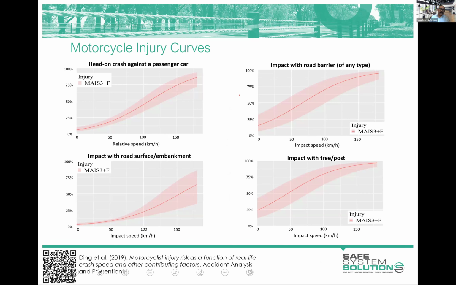Now, my colleague Johan Strandroth over in Sweden and a few of his other colleagues from around the world did some more delving into injury curves for motorcyclists. In the past, before they released this research, we'd thought about motorcyclists as, well, they're pedestrians, essentially. That's about the forces. We're just going to say pedestrians, cyclists. This research showed that they're able to withstand more force than pedestrians and cyclists. Nowhere near as much as a car, though.